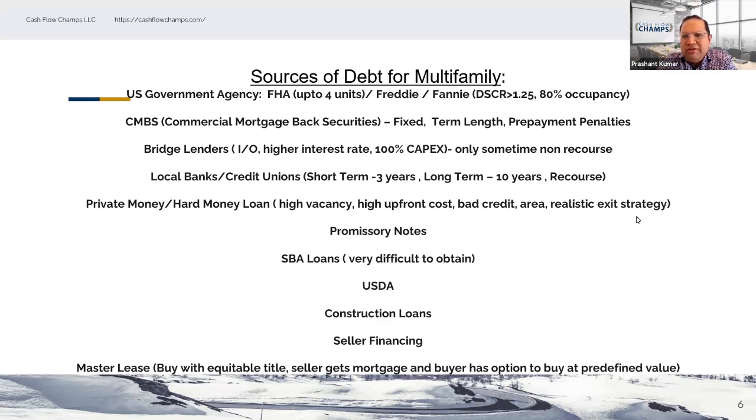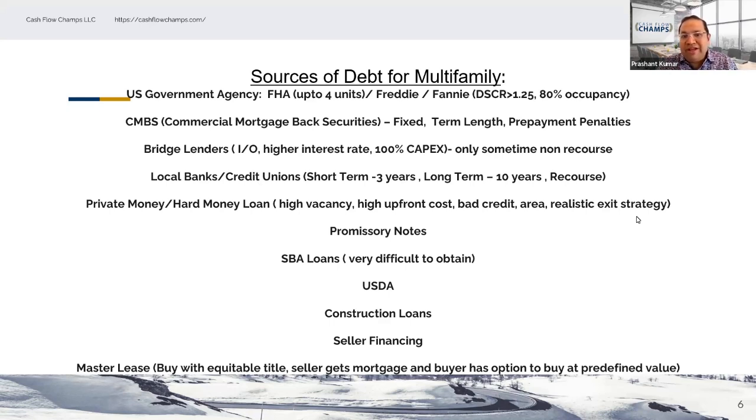They need very strict underwriting. They need to be approved by USDA lenders. We have gone through SBA loans and USDA loans in the past. It has taken us as much as a year to get the USDA loan approved. So I can talk all day long about these loans. The basic idea I wanted to give you is what are the different kinds of loans available.